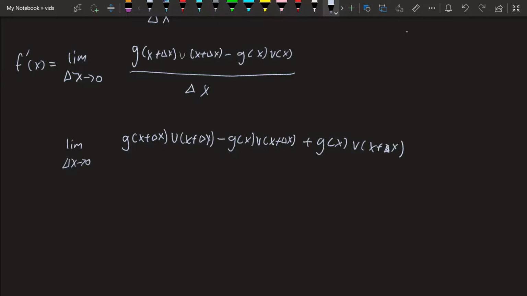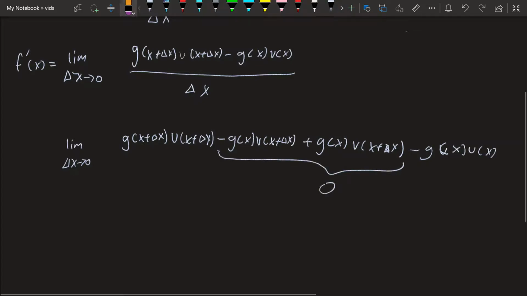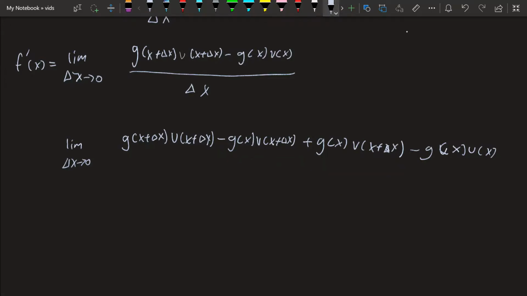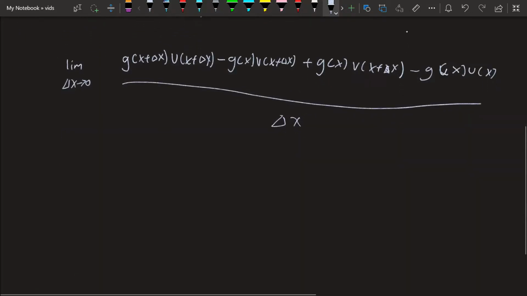Now you might ask, why did you do this? You just added 0. Well, because from here to here is just equal to 0, right? You're just adding the same function all over delta x. So what this allows us to do is split the fraction. So what we're going to get is the limit as delta x goes to 0 of